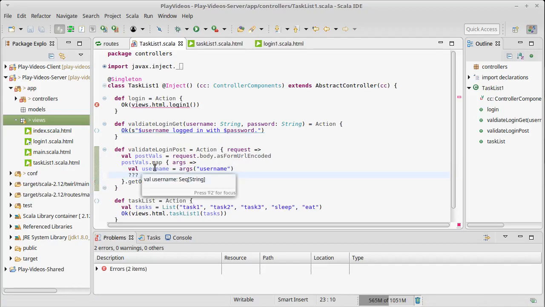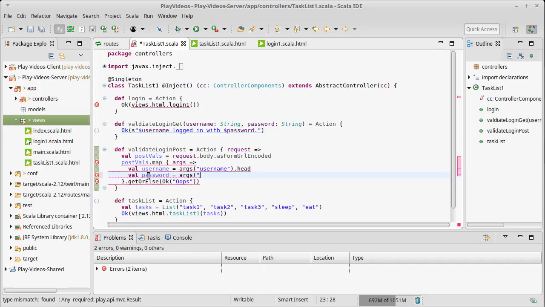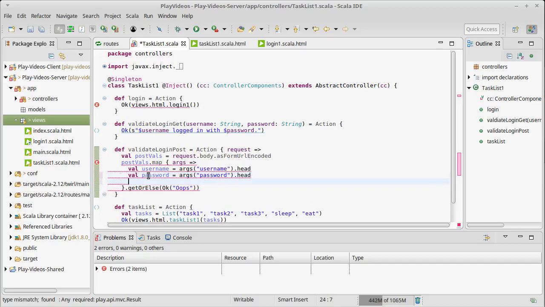So this is a sequence of string. And as I said, well, we only have one username. So I'm going to go ahead and call .head on that. And so now this should be the username. I also want the password. It will be args of password .head. And just so that this compiles and we can see that it works, I'm going to go ahead